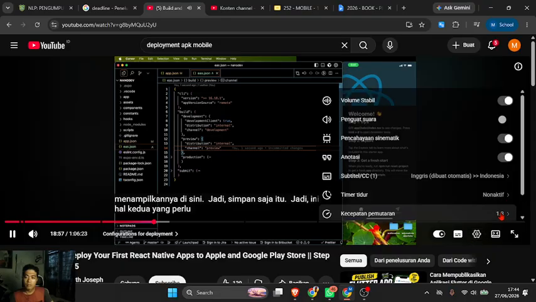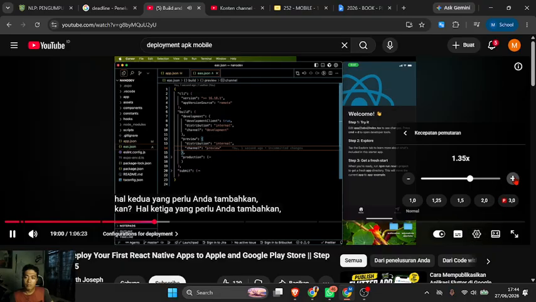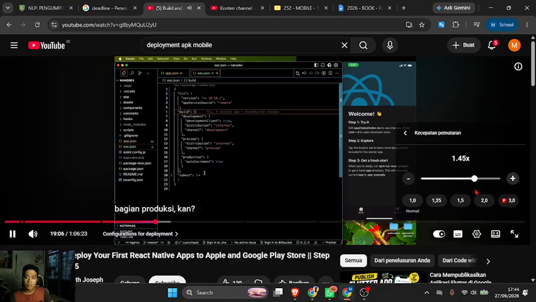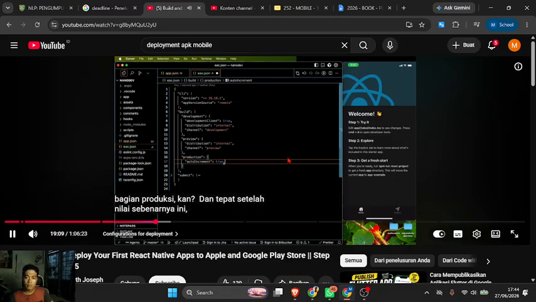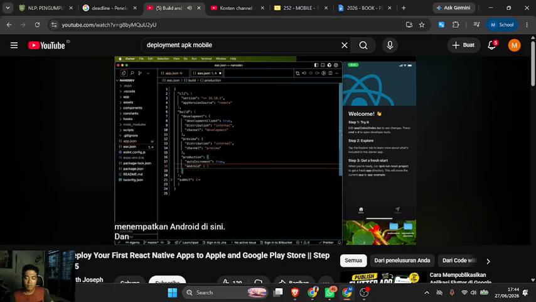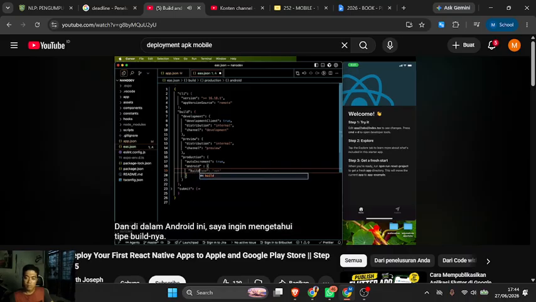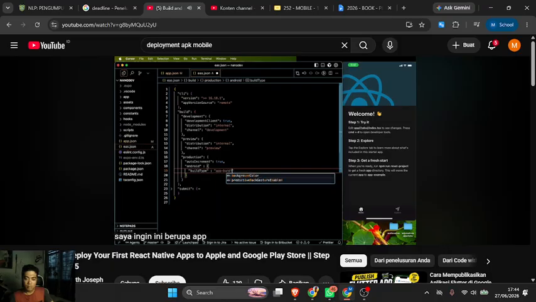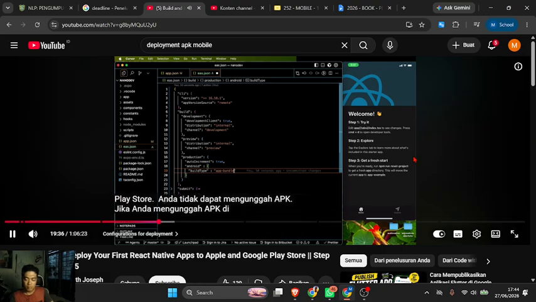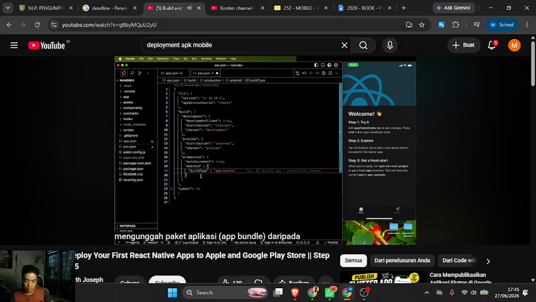So this is the second thing you need to add, right? The third thing you need to add, you need to go under production, right? And right after this true value, I'm going to say I want to put Android right here, and inside of this Android, I want the build type. I want this to be app bundle. You can only upload an app bundle to the Google Play Store. You cannot upload the APK. If you upload the APK here, they might accept it, but you're going to be better uploading the app bundle instead of the